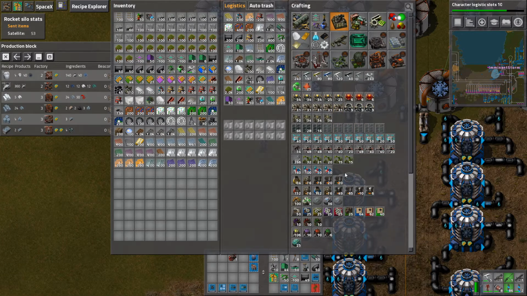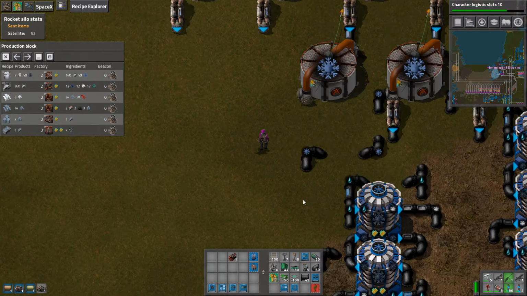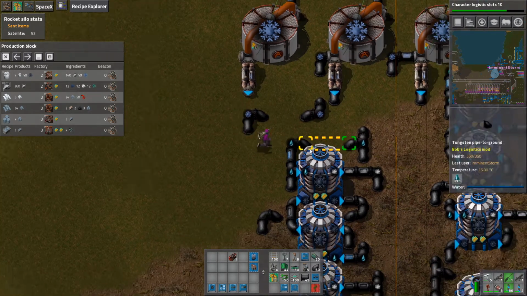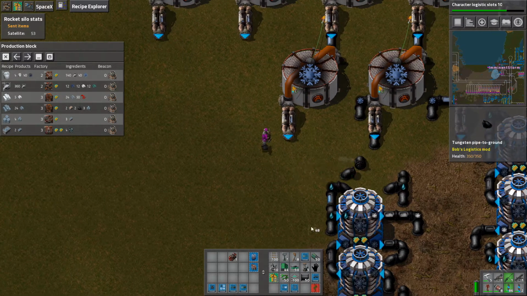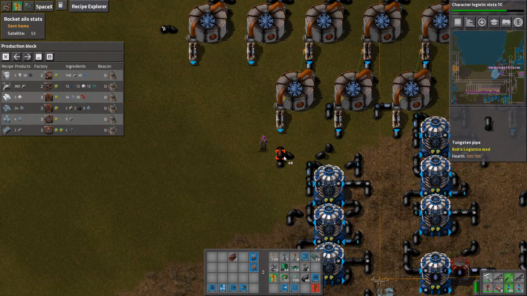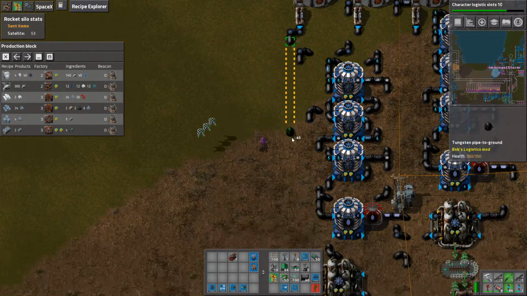So, where are my pumps? Where are my pumps? There we are. Just completely blanked on where they were. Oh no, that isn't going to work, is it? That is not going to work. We're going to need to move this pipe down to there. There we are. So that we can run this pipe